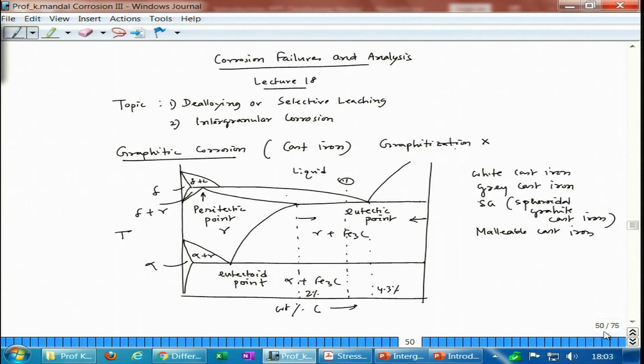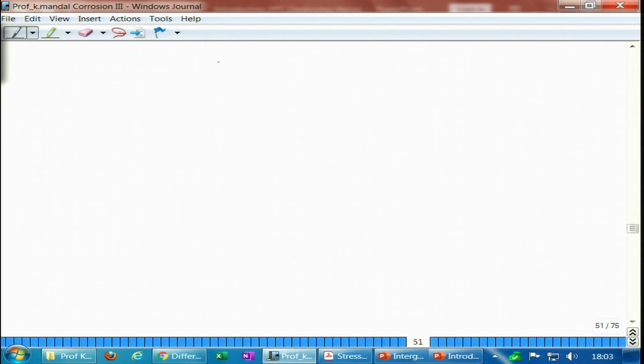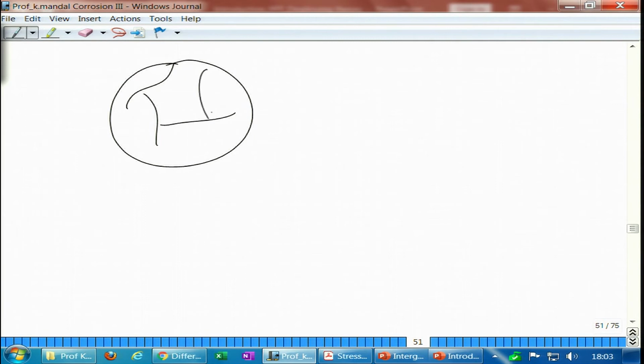Now, if I look at the microstructure forming in grey cast iron, it could be ferritic grey cast iron or pearlitic grey cast iron. So, the microstructure could have ferrite grains, or there could be a possibility of pearlite. Some pearlite presence should be there, and those graphites are basically in the form of flakes. These are the graphites, in the flake form.